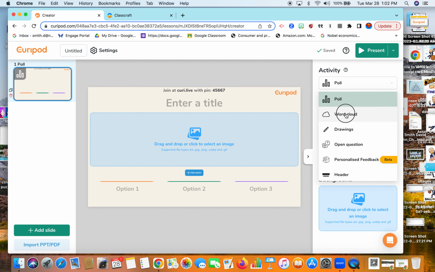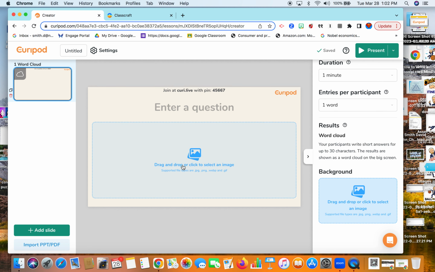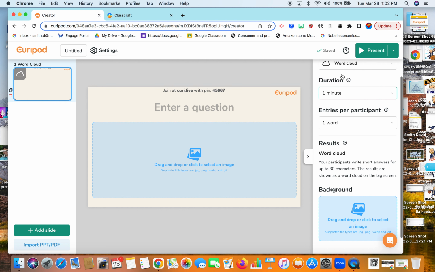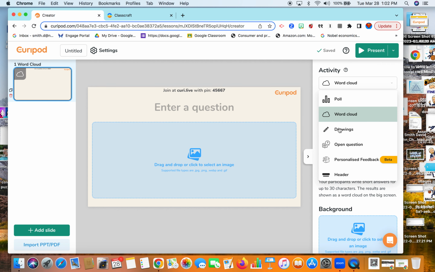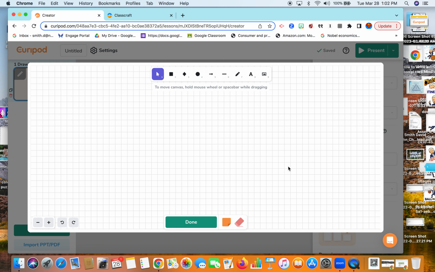It might be that you're wanting to do, as I said, a word cloud, so you put the question in there, and you're able to change the time limits. You're able to put images into there again. There's your drawing tool. You're able to put a question in and see here what background, so this is the background we've currently got, but you can put a different image on it. Learners can use sticky notes, erasers. There's the